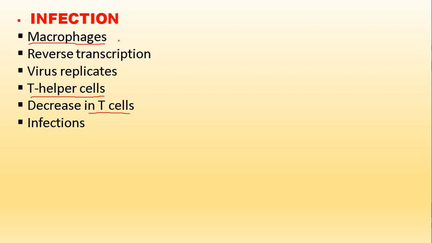Now, a thing remains here: a person can be HIV positive but may not have AIDS. A person may die as being HIV positive but never show the symptoms. That is, if the virus remains confined to the macrophages and somehow could not come out to infect the helper cells, then the person will be carrying the virus but will not show the symptoms. From the time of infection until the expression of symptoms, there is a time lag, which can vary from a few months to many years.